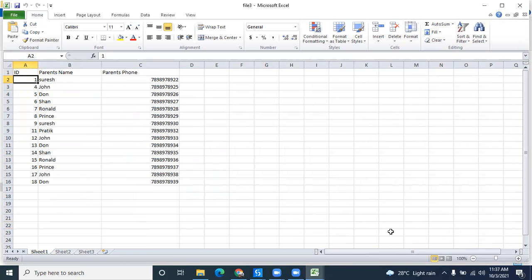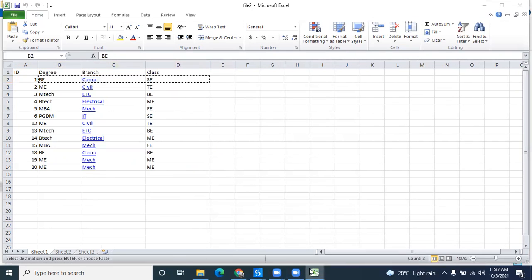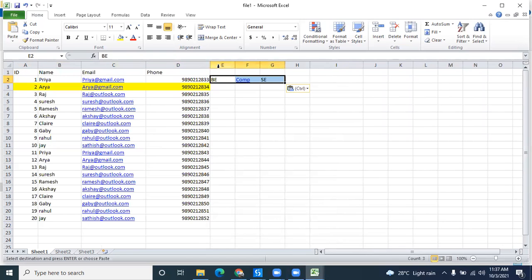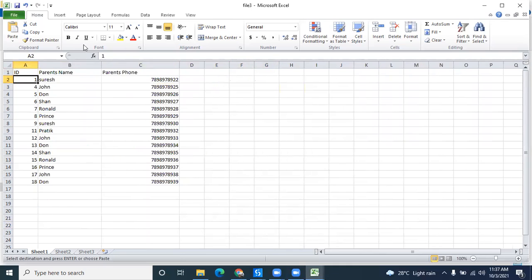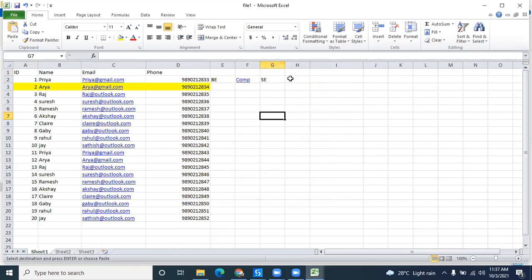So if it is available, then what should I do? I should copy these three columns' values and paste in these three. And again, I have to check file 3. ID1 is present, so copy these two values and paste in this one. So this is my requirement. Understood, or is it complex?